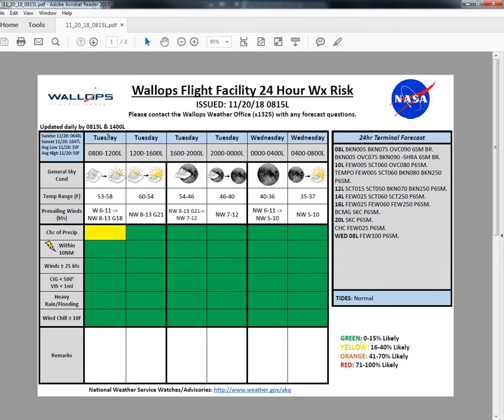And then as we go into this afternoon, we'll see those lower-level clouds clear out a bit, becoming scattered at 1,500 by noon. Still looking at a scattered deck at 5,000 feet, with that ceiling remaining at 7,000 feet through about 2 p.m. Then after 2 p.m., as we have some high pressure starting to build into the area,